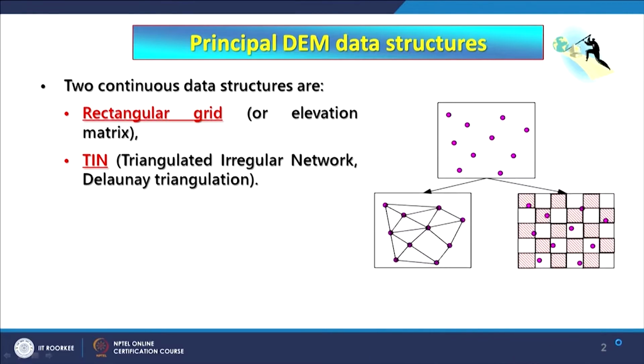And as you can see here, input data in both cases can be point data, and through interpolation techniques we can develop such raster surfaces using the point data which is given here. And if we use the same data set and develop a TIN model, this is what is going to happen. The important point which you have to see is what happens on the margins